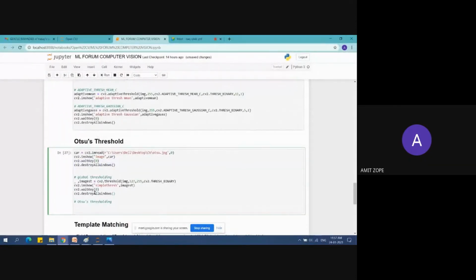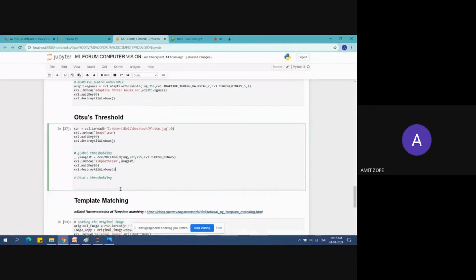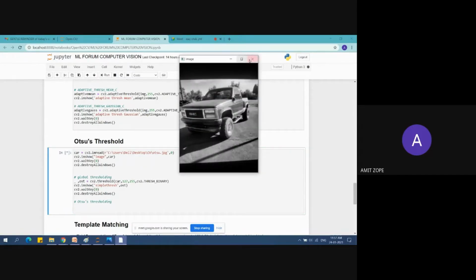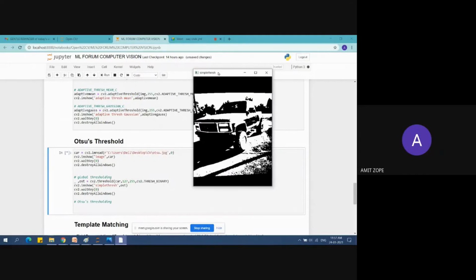Simple thresholding is done. So this is the simple thresholding image output.